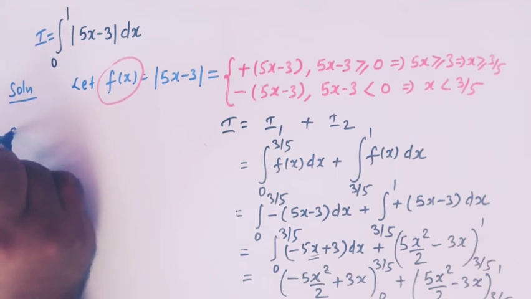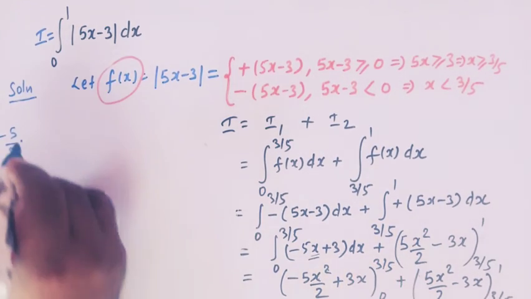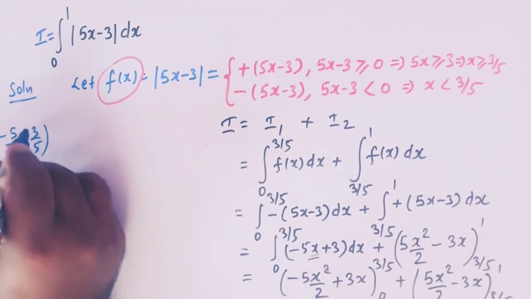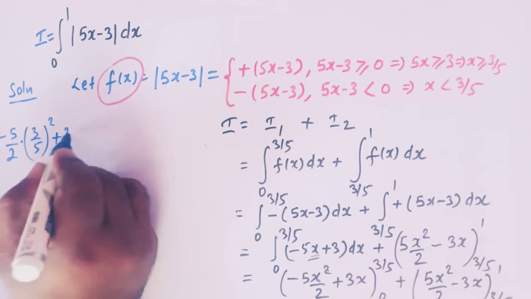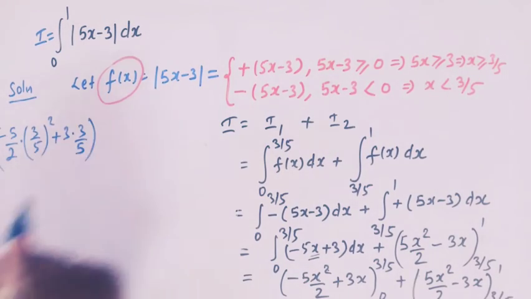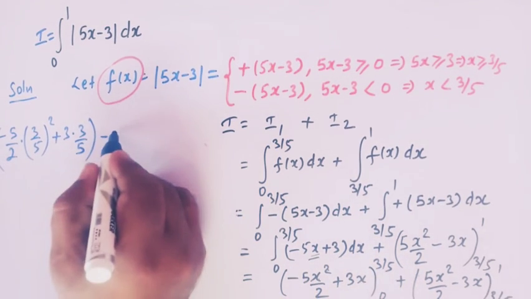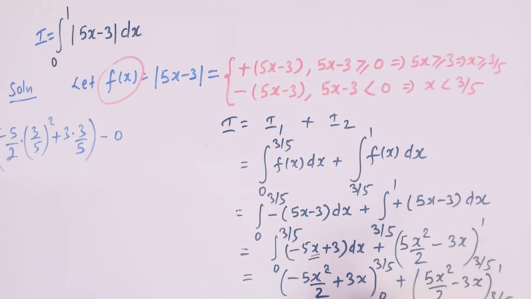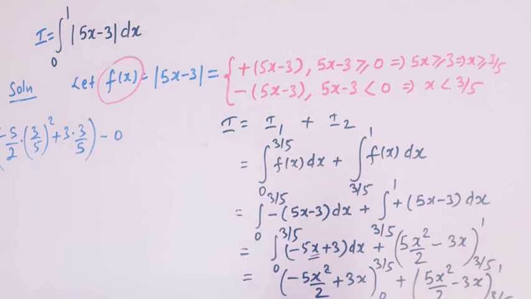So we have minus 5 over 2, and for x we can write 3 over 5 square, and then we have 3 times 3 over 5, and then we'll substitute x equal to 0 here, so both the terms vanish here, so we have 0 only, and then we have plus,